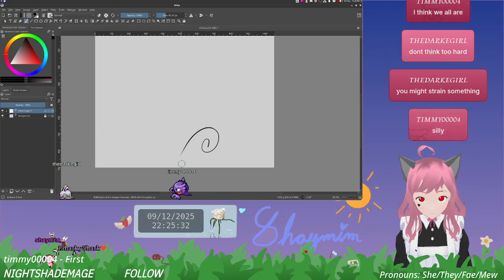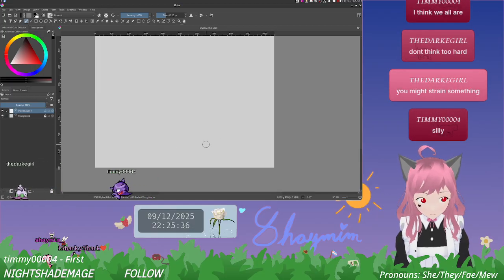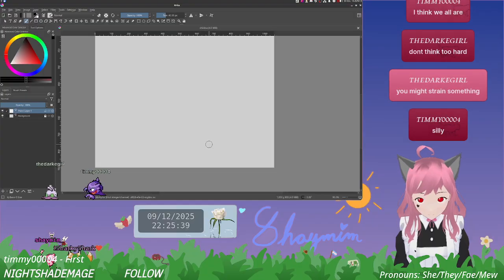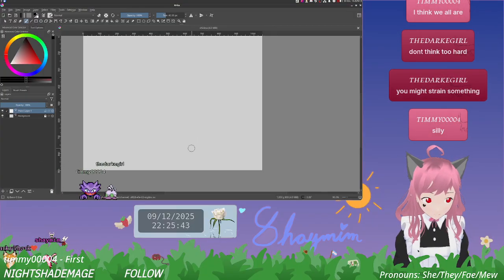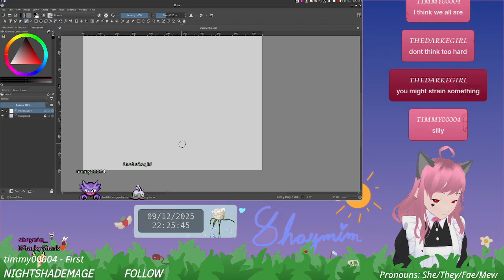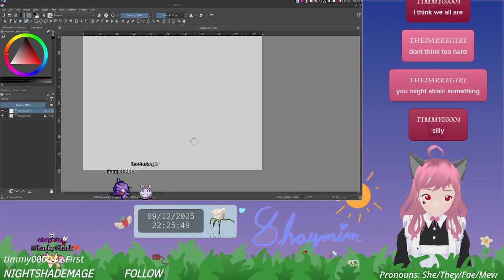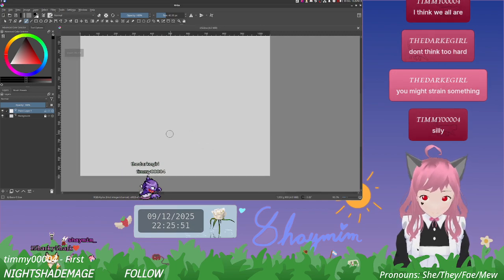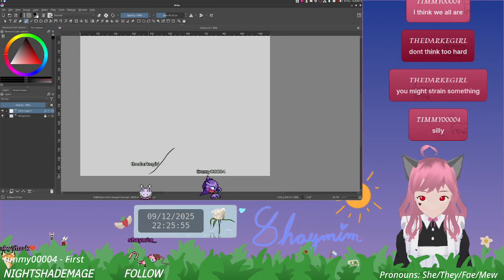Pretty tricky to get that curve correct. And it does look like it's actually in multiple lines. So I'd imagine it'd have to go.